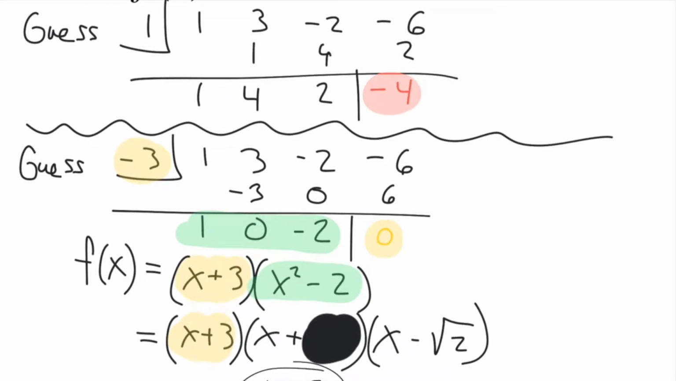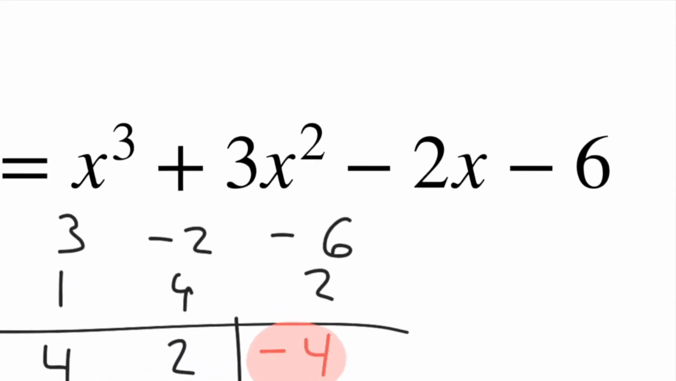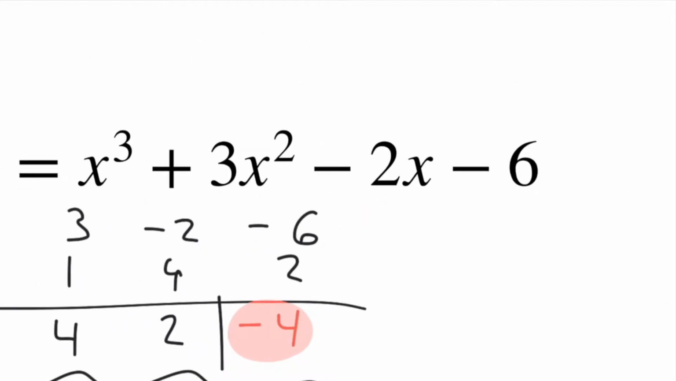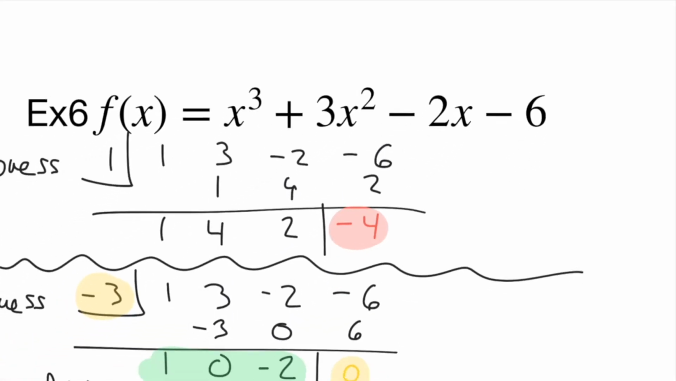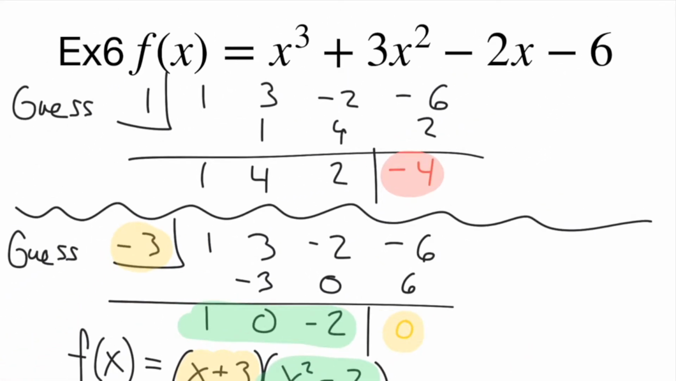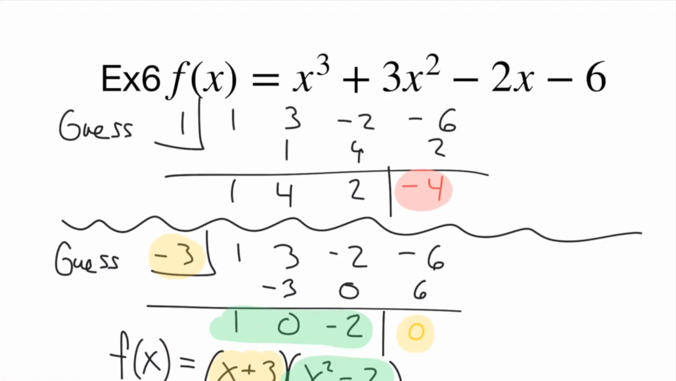So let's start again. Let's guess -3. I guessed -3 because it's one of the possibilities. Looking here, all the possibilities could be simplified versions of the fraction 6 over 1, or 3 over 1, or 2 over 1, or 1 over 1, plus or minus any of those. So one of the guesses you can make is -3, and when you do that, you get,